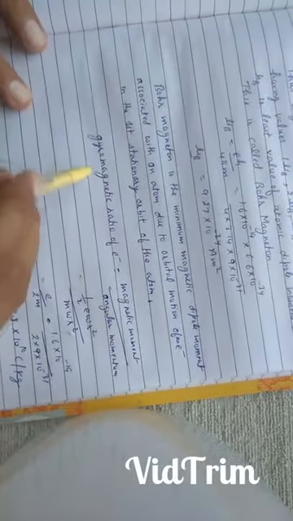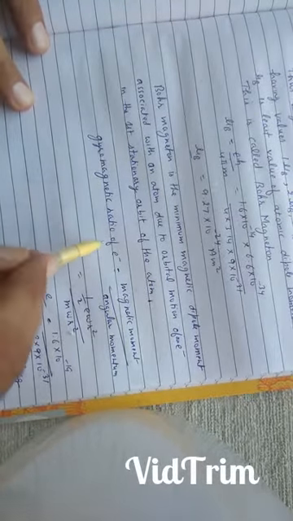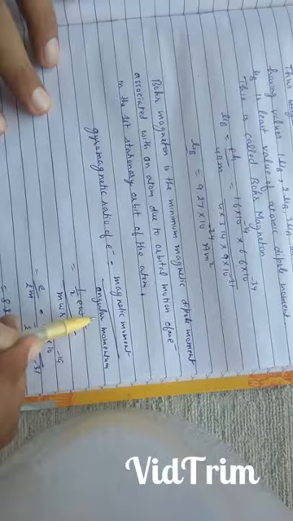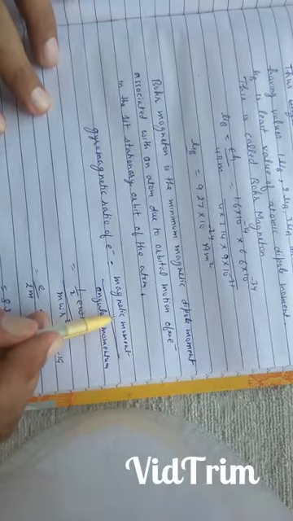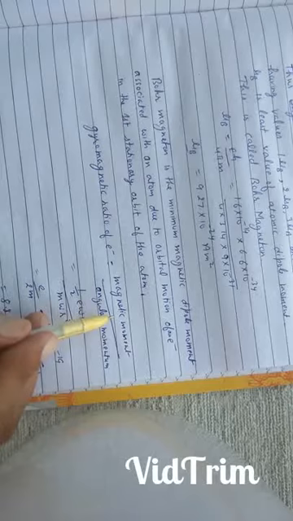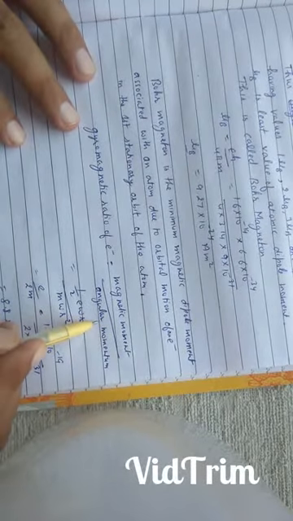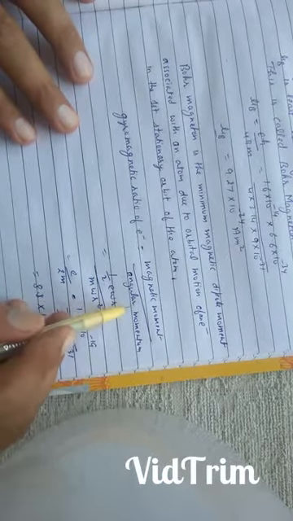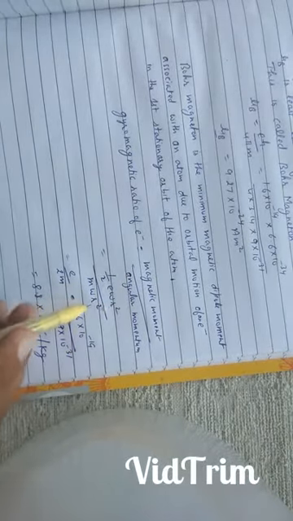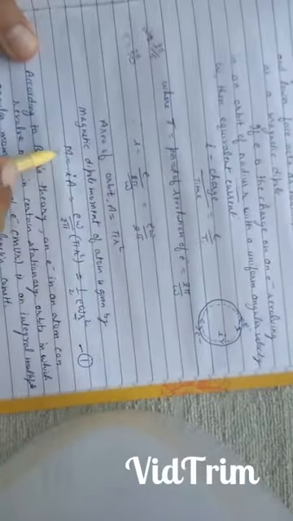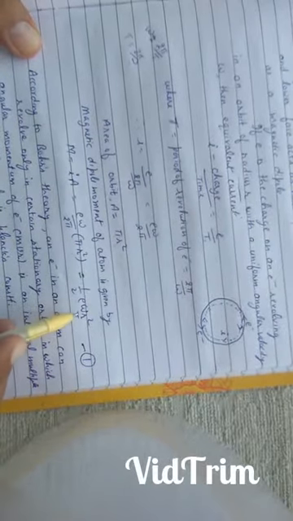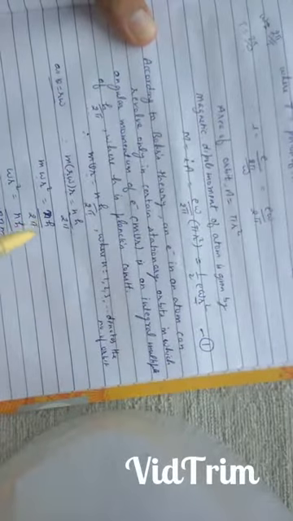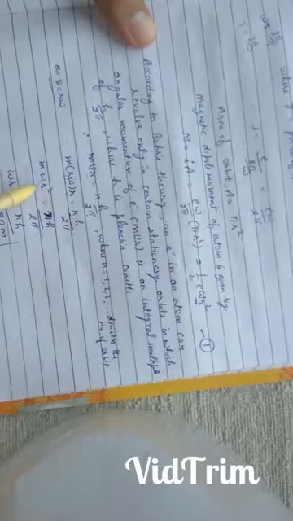Now, define another term, gyromagnetic ratio of electron. Gyromagnetic ratio of electron is the ratio of magnetic moment and angular momentum. Magnetic moment due to revolving electron and angular momentum of the electron. As the value of magnetic moment is 1 upon 2 e omega r square and the value of angular momentum is m omega r square, we have found that magnetic moment of an atom due to revolving electron is 1 upon 2 e omega r square and the value of m v r is equal to m omega r square.